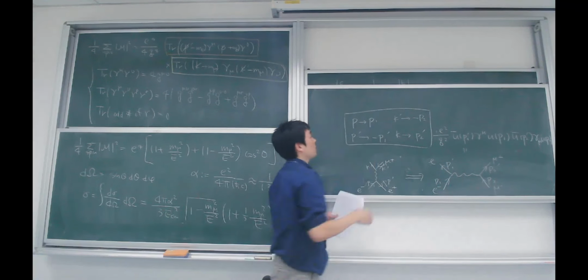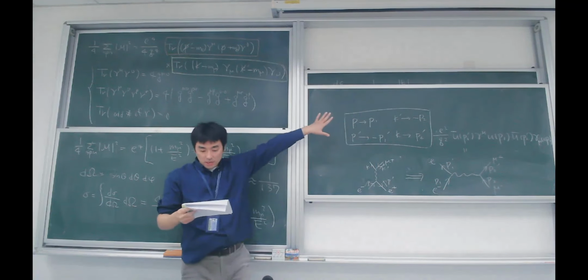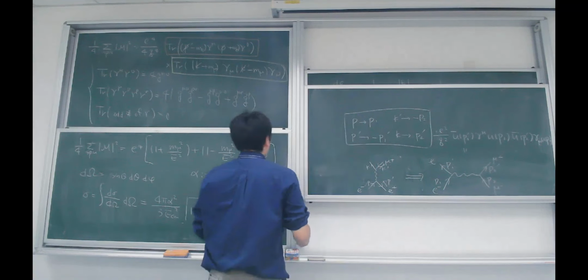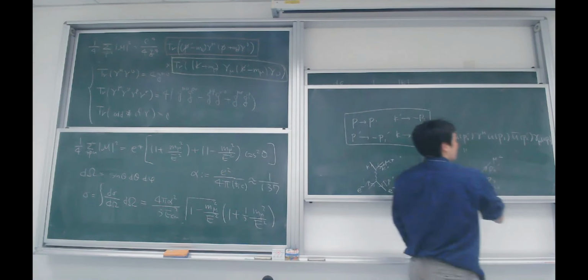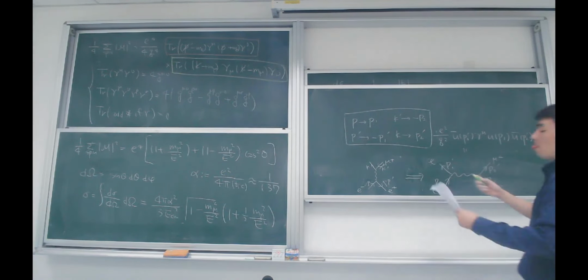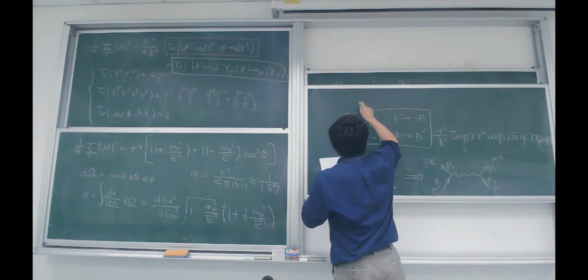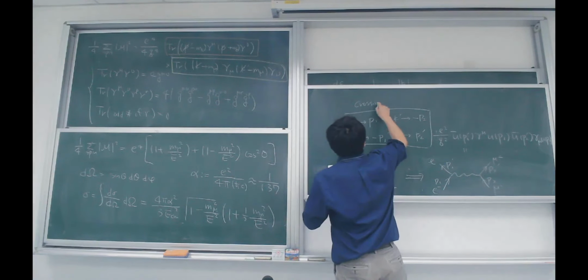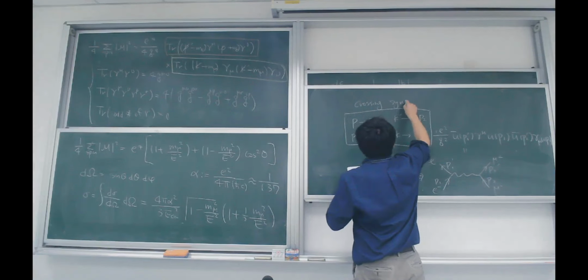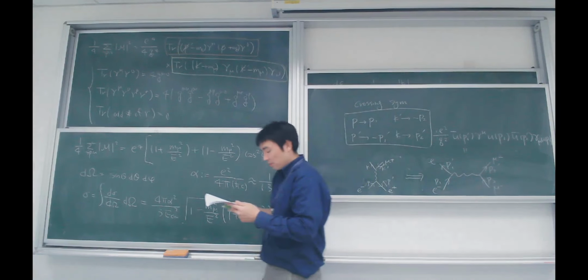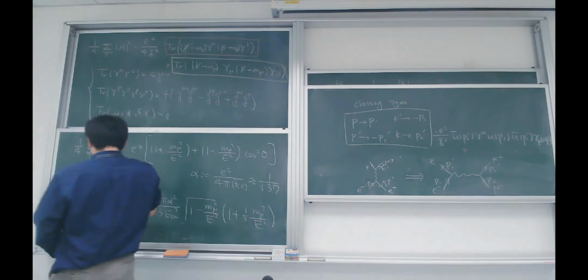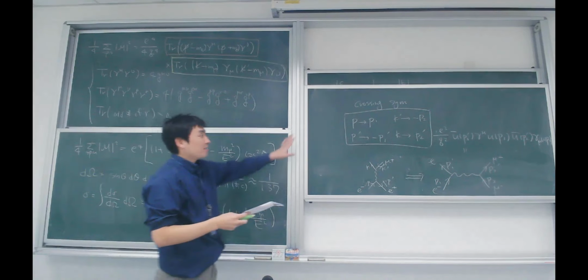If you substitute this way, you can obtain this diagram from this diagram. That's called crossing symmetry. So therefore, just plug that one into